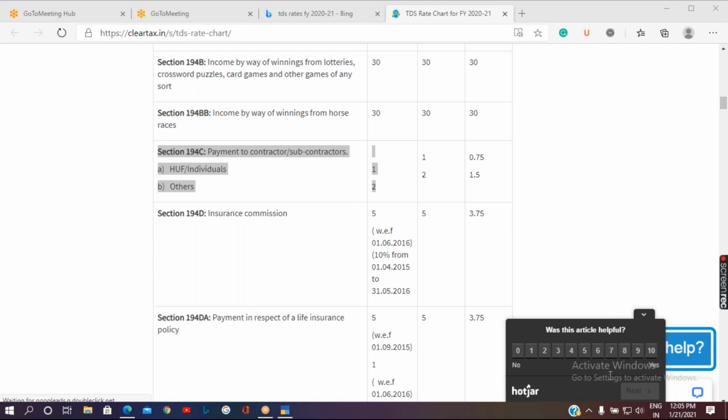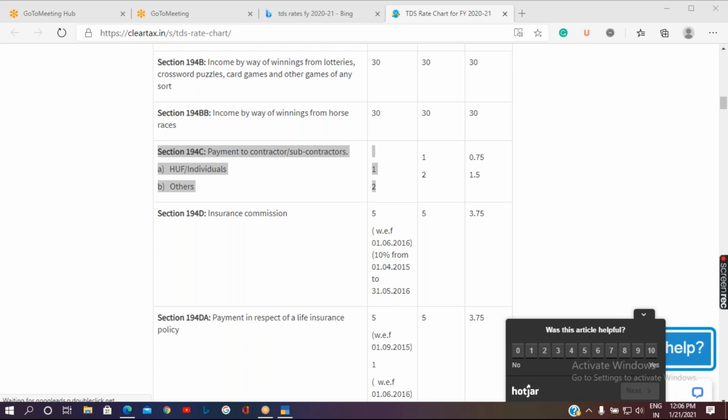Whenever you calculate income tax related taxes, whether it is TDS or TCS, since TCS is also a part of income tax, it is categorized into two categories.